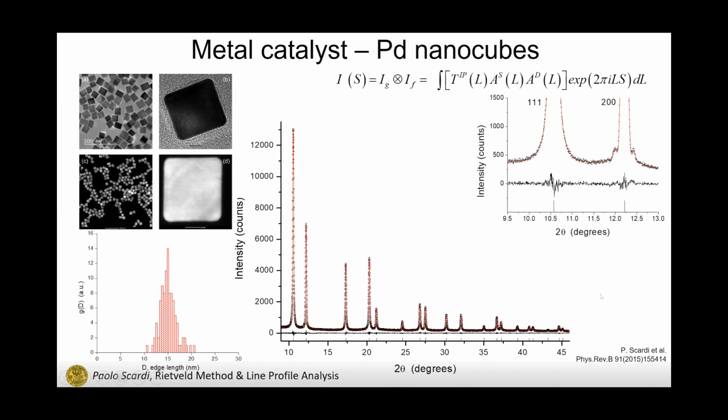This data was collected at 11-BM at Argonne, and especially note the presence of these interference fringes on the H00 peak. This is an effect that usually people see in thin films or in single crystals, but our powder is a collection of single crystals, all identical, small ones, let's say. But this feature and the quality of the data allow us to obtain a distribution of sizes which is perfectly